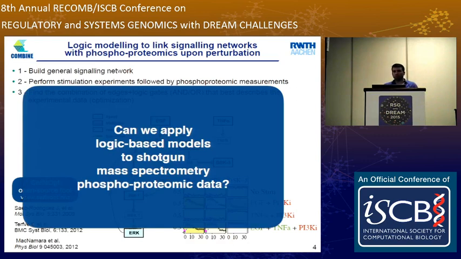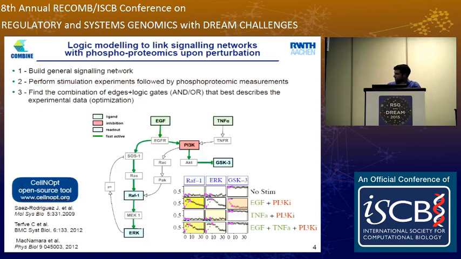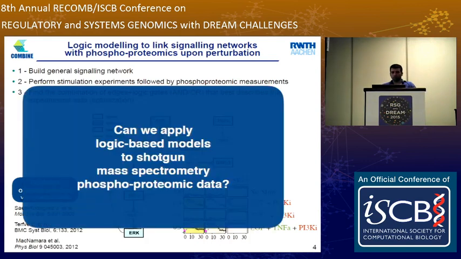Now the question is, can we try to apply these ideas in the context of proteomic data, taking into account all the challenges I described before? So the first challenge is that you cannot just rely on your standard pathway knowledge. Because, as I said before, when you do a mass spectrometry experiment, you measure many phosphorylation sites for which you don't know which effect they have on the functioning of the protein. So you cannot just do this mapping of saying, okay, if I measure the phosphorylation of RAF1, I can map it on the protein RAF on my pathway.